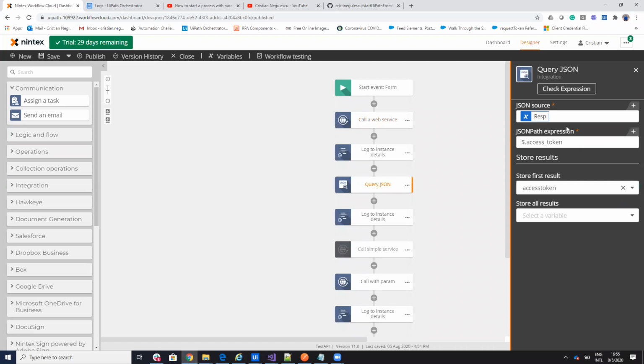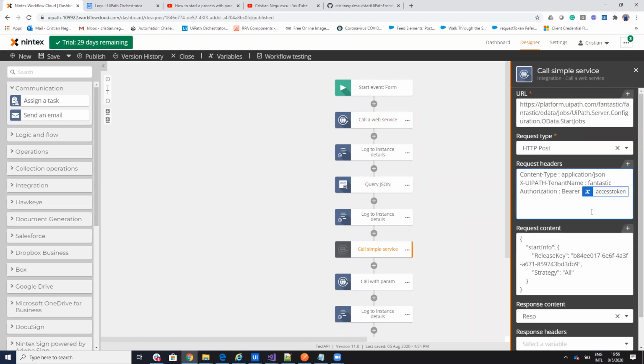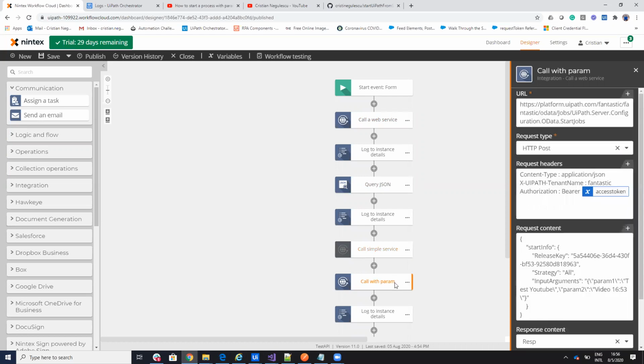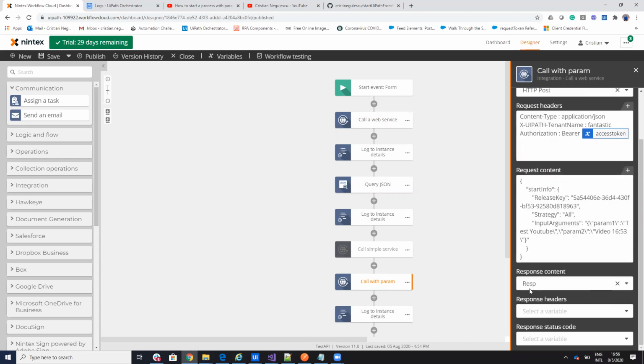On the query, just remember, you put the variable, you put $.access_token, you get the access token, and then you use the access token like this. So you add Bearer, space, access token, and then you put your variables. And you can do internally, I don't know, I never used it, so I don't know how you get the data, but probably this has some connector for SharePoint to get the data from SharePoint and send it to the UiPath robot. Again, if you have a response here from UiPath, from the orchestrator, you analyze it with query JSON